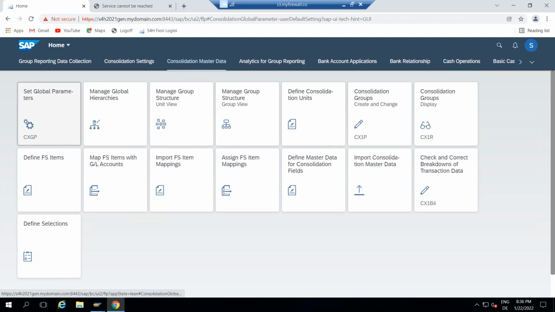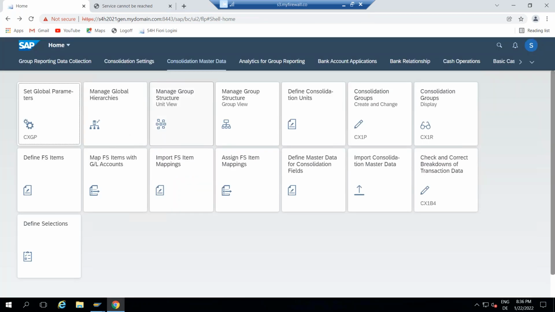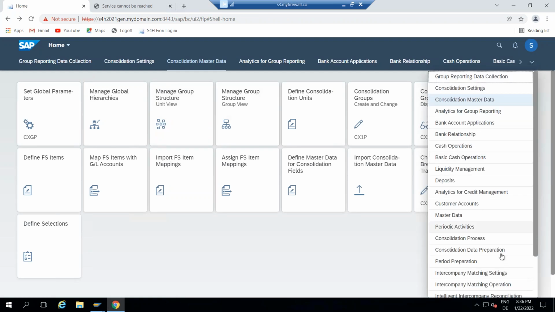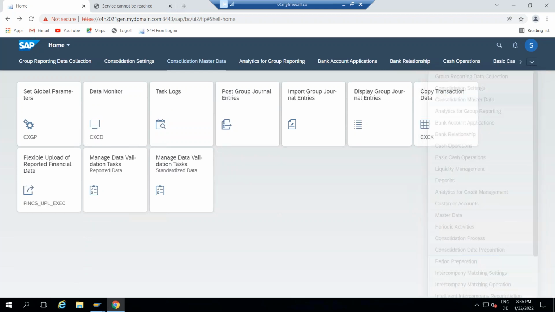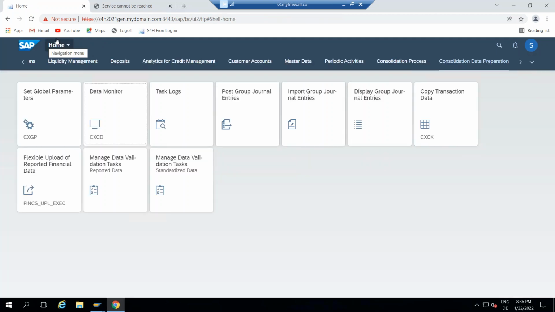So as I said, first we need to set the parameters here. Always you need to set the parameters: for which version, for which fiscal year, for which period, and what is your consolidation chart of accounts. Every time you need to set these global parameters before execution of any task. There is no transaction there because nothing is there.